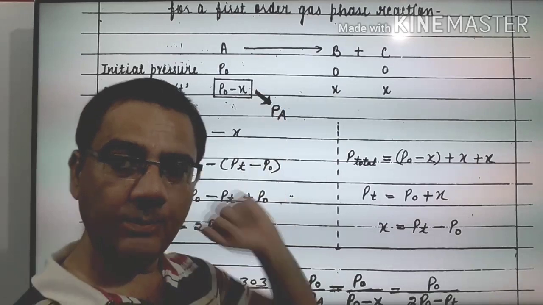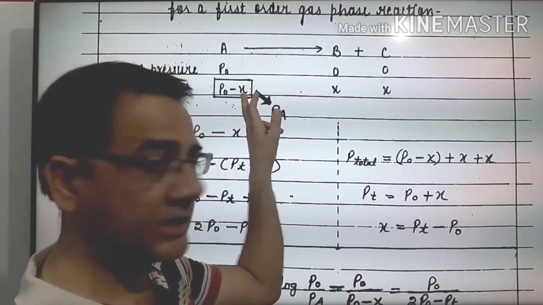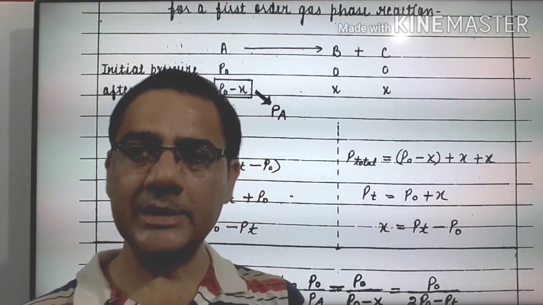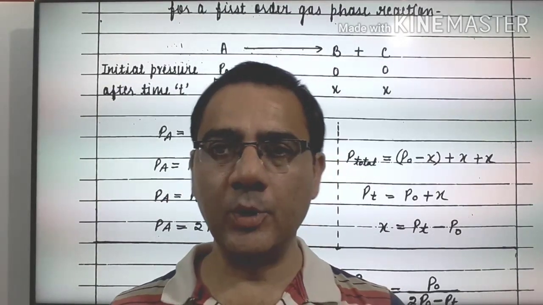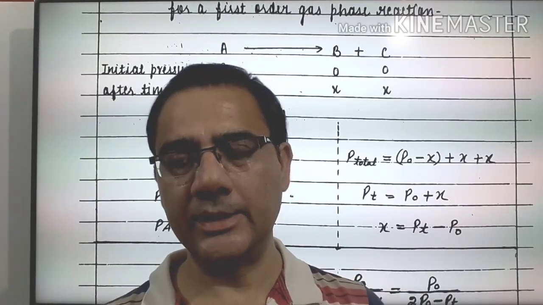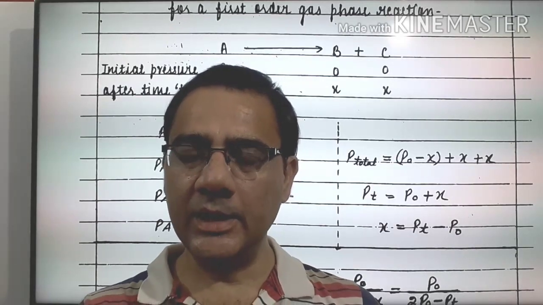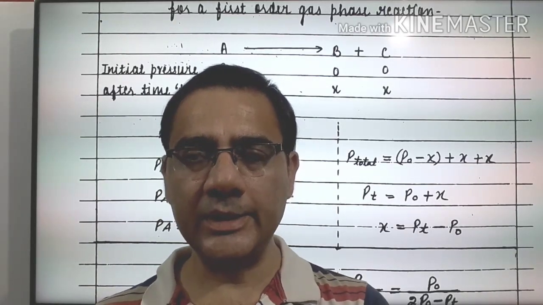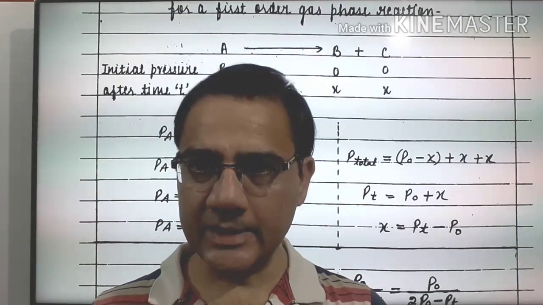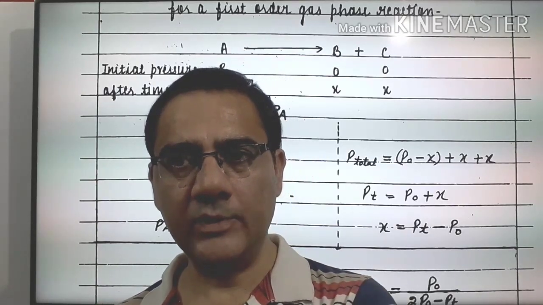And what did I tell you? The products are formed from the reacted part of the reactant. If x is the reacted part, then product will be x and x. और ये इक्विलिब्रियम का रूल है कि अगर x पार्ट रिएक्टेंट का रिएक्ट कर रहा है तो प्रोडक्ट चाहे 2 हो, चाहे 3 हो, चाहे 4 हो, सब बनेंगे x x x x x like that. This is equilibrium. क्योंकि जो भी प्रोडक्ट बनेंगे A B C D या D E F G, they are produced from the reacted part. इसमें ऐसे नहीं सोचना है कि x react होगा तो 2 बार x कैसे लिख सकते हैं. x is the reacted part and the products which will be formed, that will be formed from the x of the reacted part.